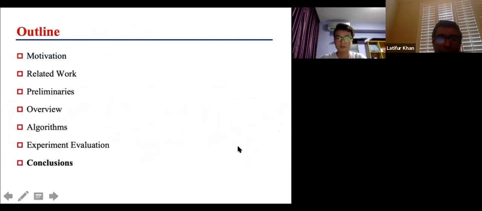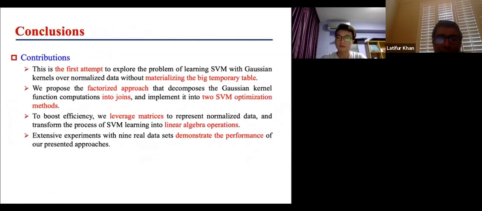At last, we conclude our work. The key contributions of our work are listed here. First, this is the first attempt to study the problem of learning SVM with Gaussian kernels over normalized data. Second, we proposed a factorized approach that decomposes the Gaussian kernel function computation over joins and implement it in 2